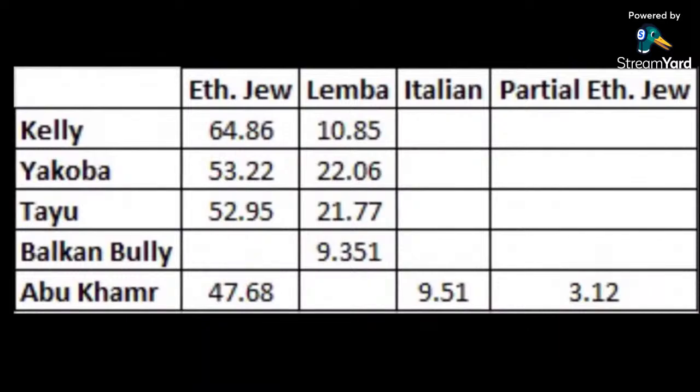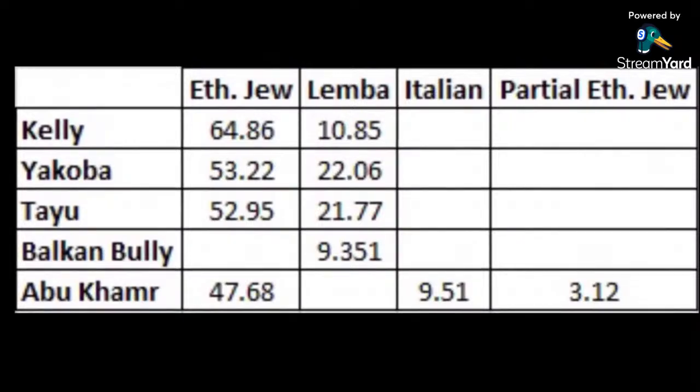Again, food for thought. So too, that partial Ethiopian Jewish column, that was where my probability of being 16% Ethiopian Jewish was listed as a distance of slightly over 3. Even though I'm not actually 16% Ethiopian Jewish, I'm still about 7 times more likely to be that than are the Teotw twins' chances of being Lemba, right? Again, food for thought. That should really put these distance figures into perspective.